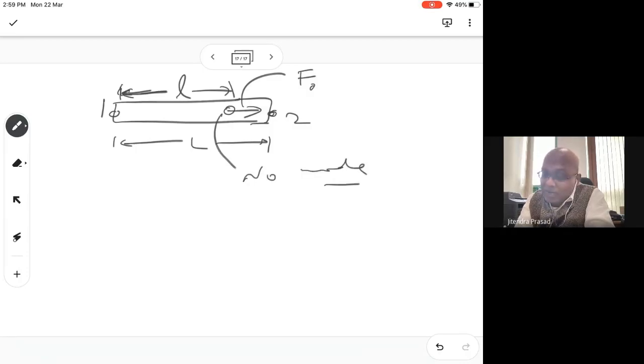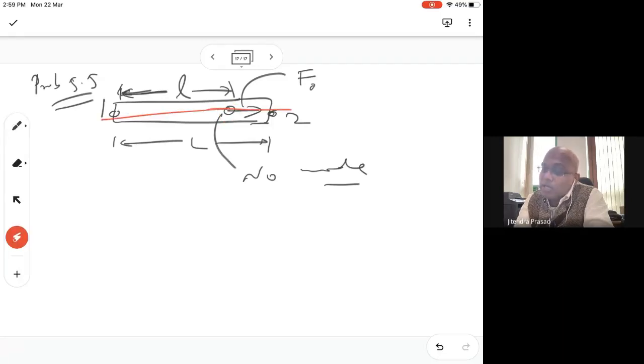In problem, you can refer to problem 5.5 also. Here also there is one force which is applied somewhere in the middle. Then how to transfer that to a node? You have to transfer that to a node. You can take it as a body force then. And you know that if you take this as a body force, then you can do 0 to L. Let's say it's a two noded element, right?